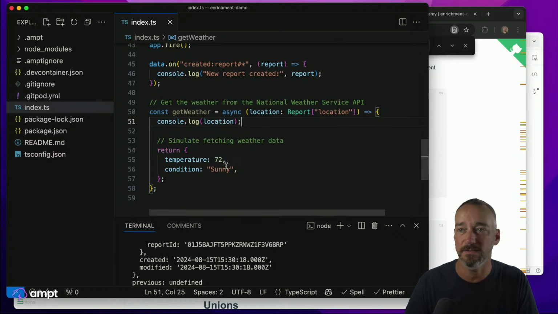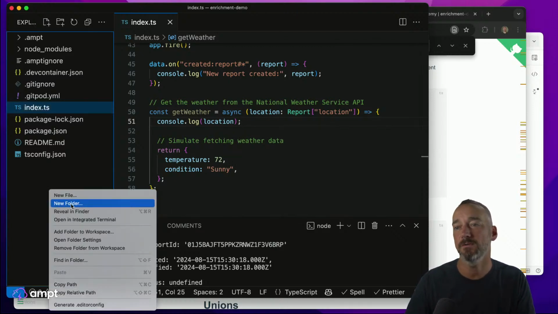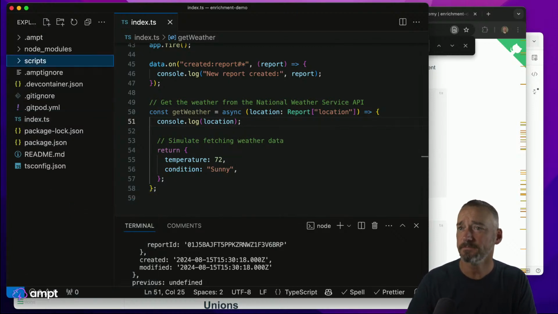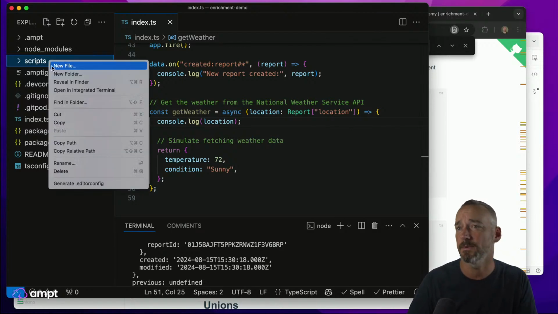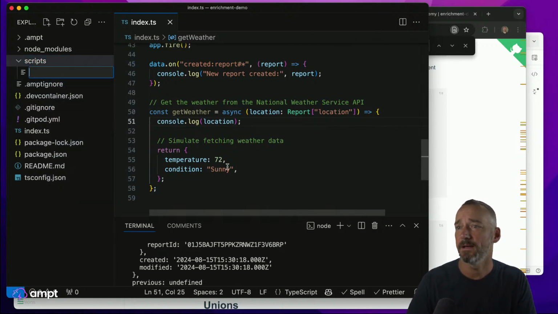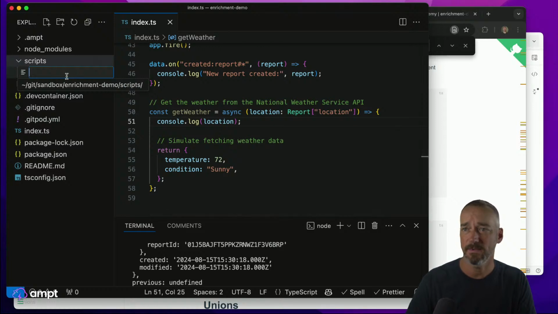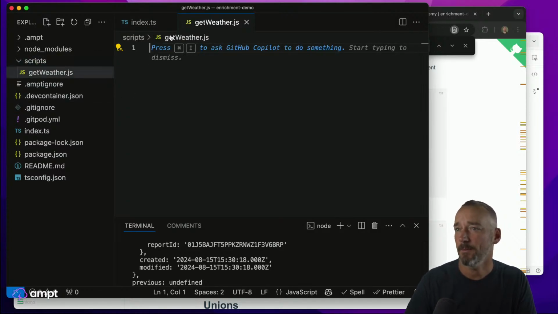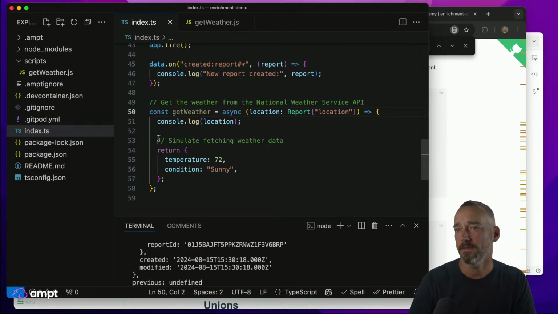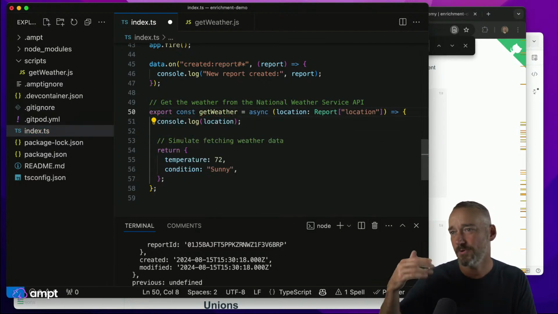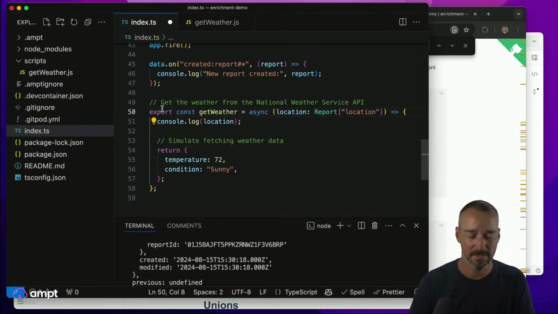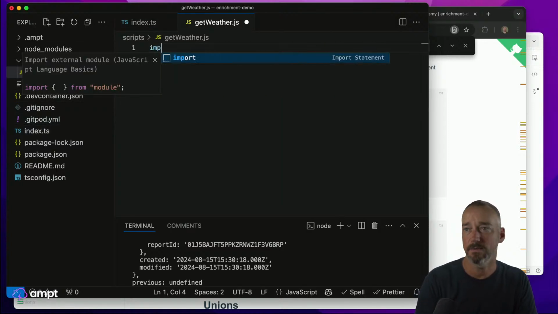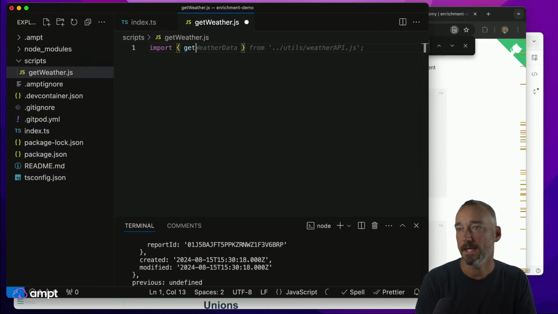I don't really care what it returns right now, but I'm going to create a new folder over here called scripts, and in this scripts folder, I'm going to create a new file and call this getweather.js. Then I'm going to go back over to my index and export this here. Again, I could put this getWeather in some other place, but I'm just going to make my life a little bit easier here. Go over to getWeather, and I am going to import getWeather